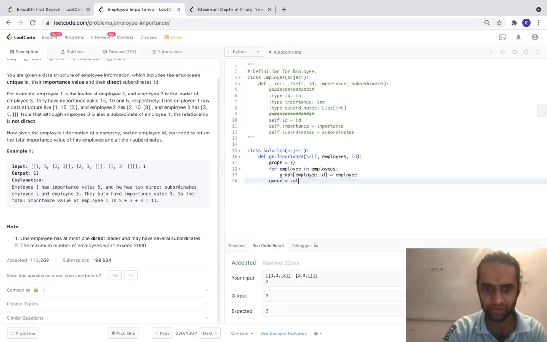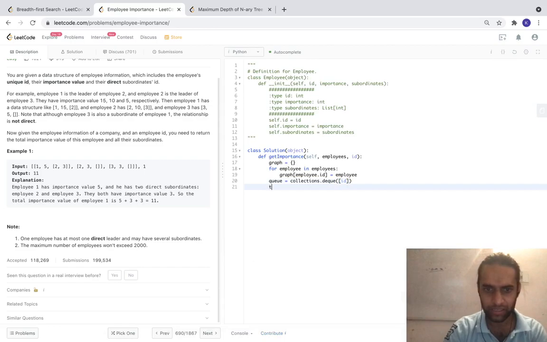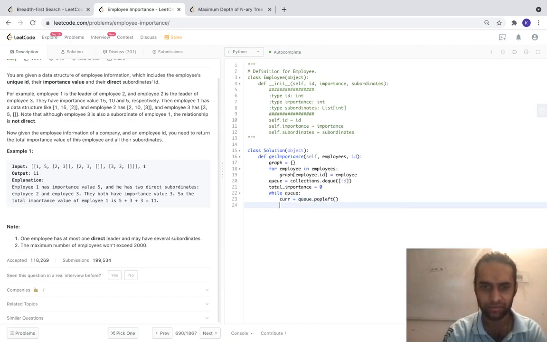I have a queue which is starting from an ID. This is the ID from which I need to get the answer. Let's get rid of this part. My total importance so far is 0. Whenever I consume something from the queue, I add to the total importance. I don't need to go level by level, I just need to traverse the entire tree going downwards.